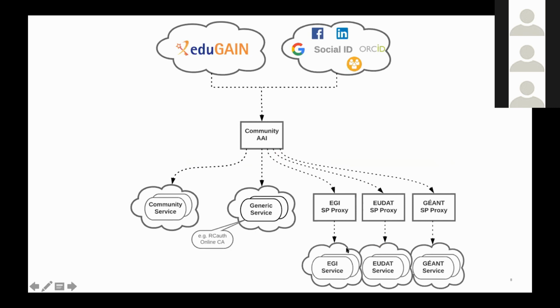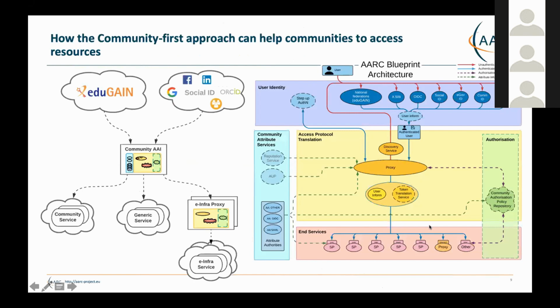And you can see in this example that these generic infrastructure services could be EGI services, for which the gateway is the Check-in proxy, EUDAT services, which can be accessed through B2ACCESS, GÉANT services, accessed through the GÉANT Identity Hub. Now, you might be wondering what is the relation between this community-first approach and the functional view of the